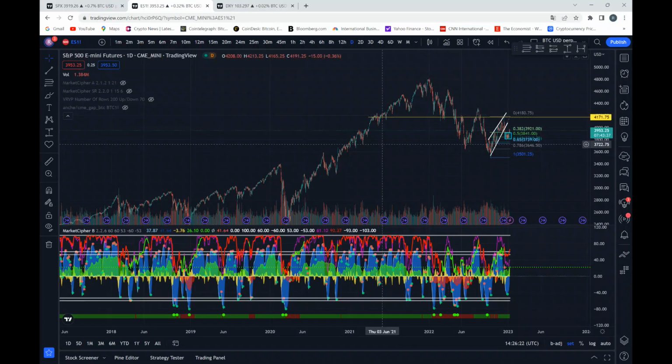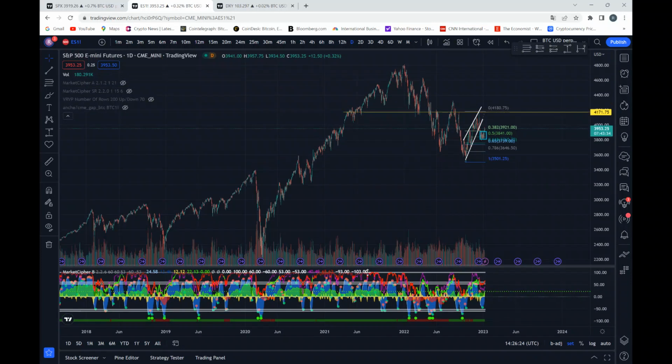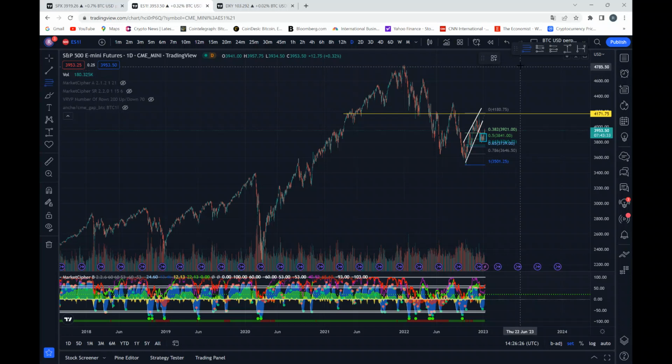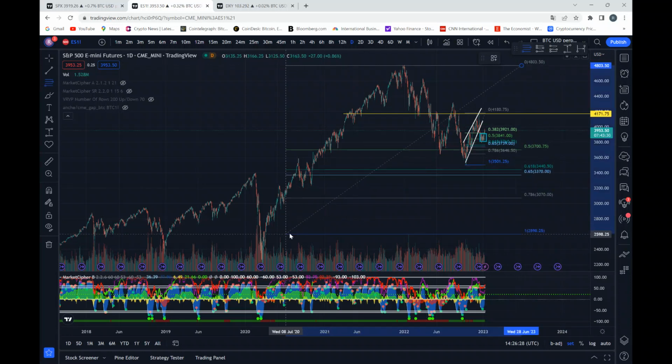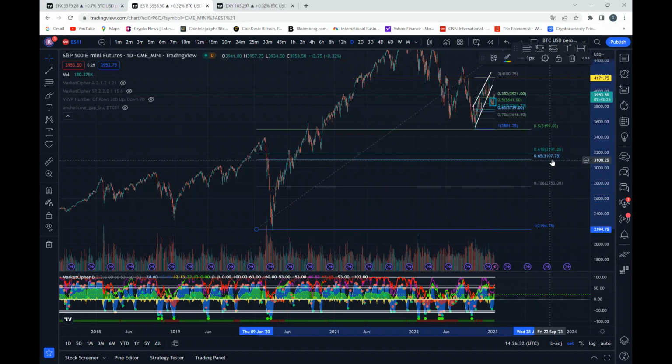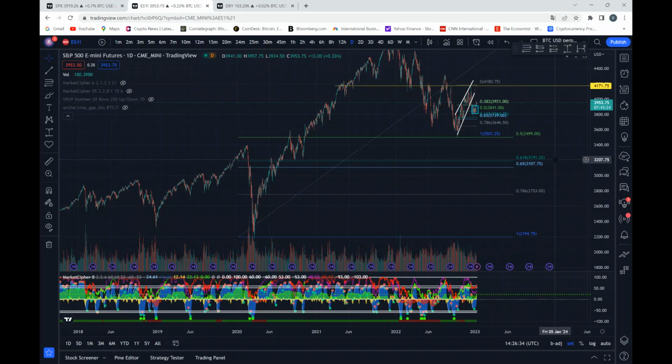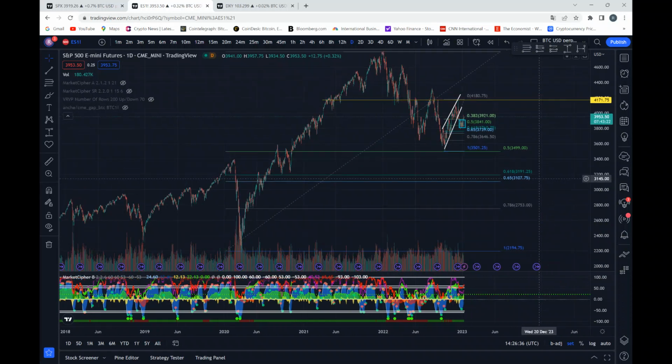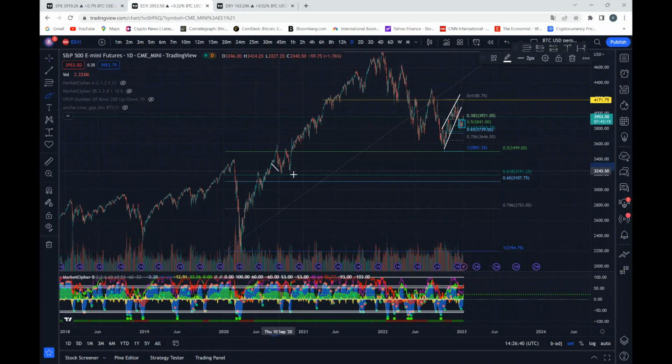You know what, let me take that out real quick, and that is the Fibonacci golden pocket measured from the Corona dump all the way up. Yeah, exactly, 3100 to 3190, so let's say 3200. That is a very big one. You can also see that we found 2 times support here. This is again on the daily chart. The golden pocket measured from the Corona dump bottom to all the way to the high of December 21.